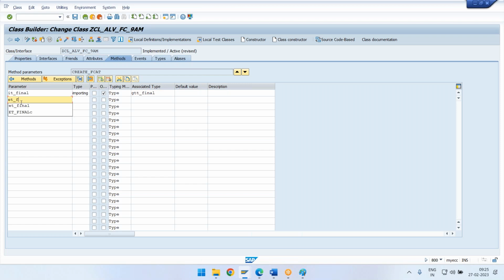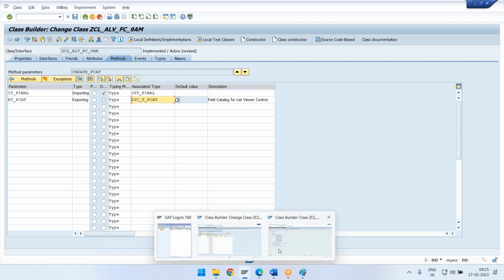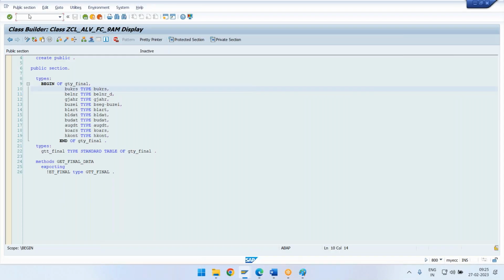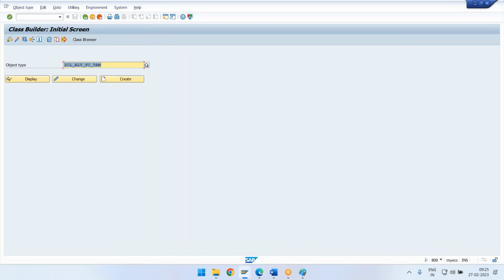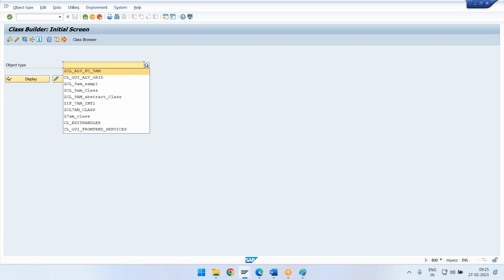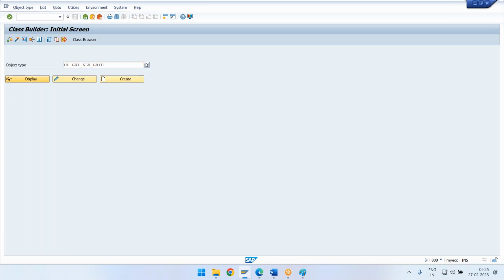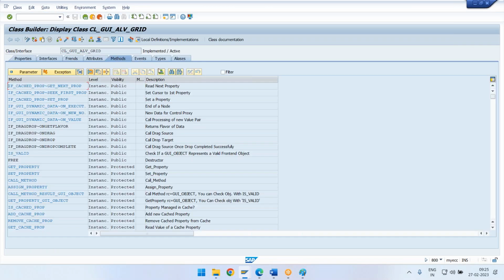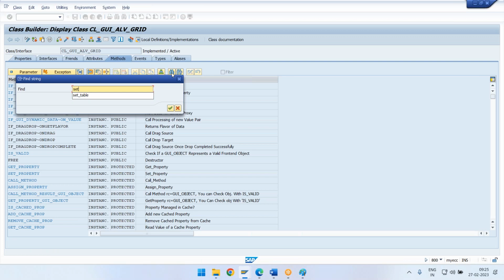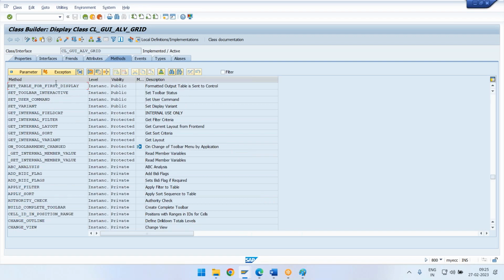So et_fcat exporting LVC_T_FCAT. Why have I chosen this? The same thing which is there in CL_GUI_ALV_GRID. So in this, if I go to set table for first display,